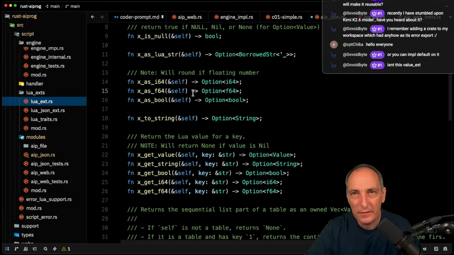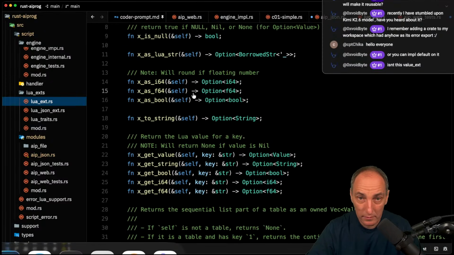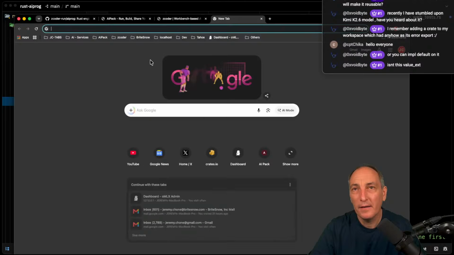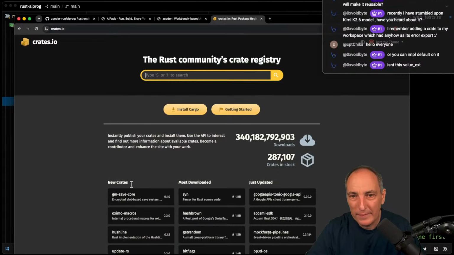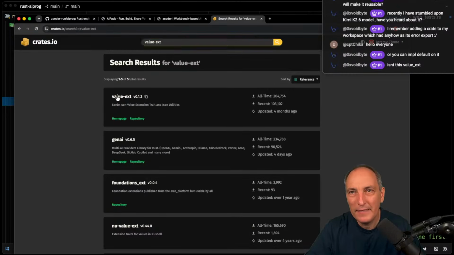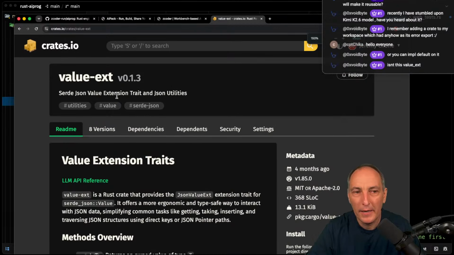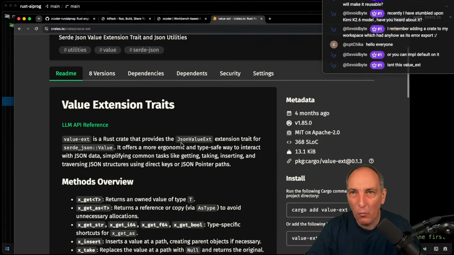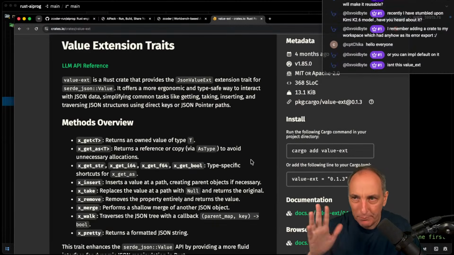Now for JSON, because I use JSON a lot, like everybody, I've done another one, and that is what you are seeing here. Value ext. And this one is for the JSON business. Okay, so that is one thing that I've done, and I put it on